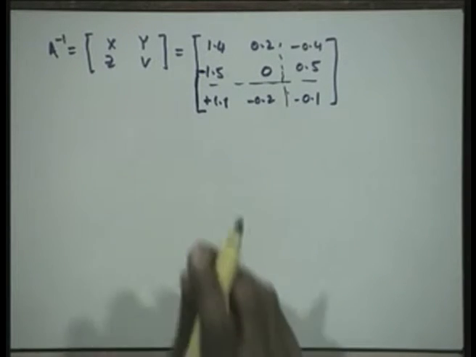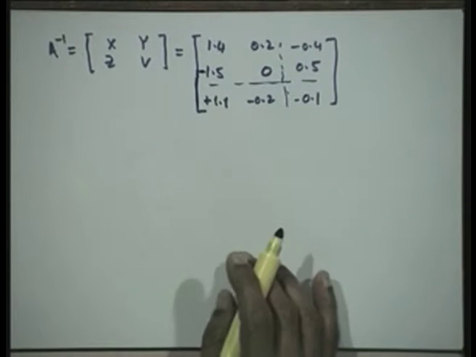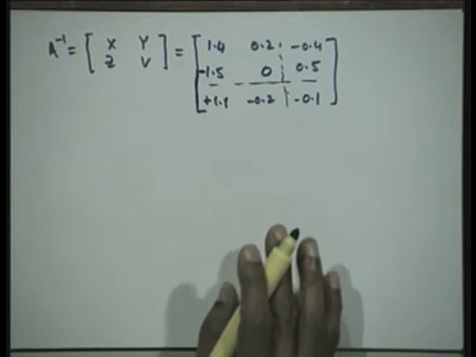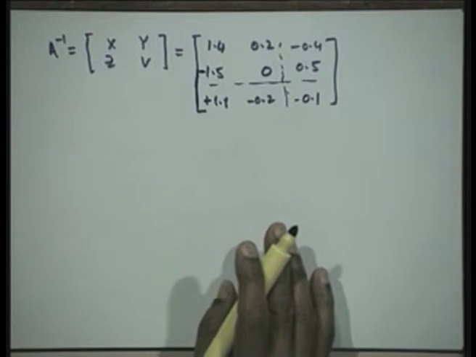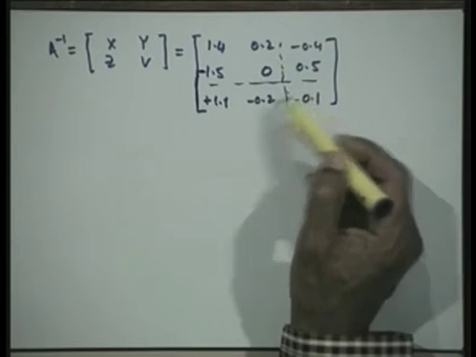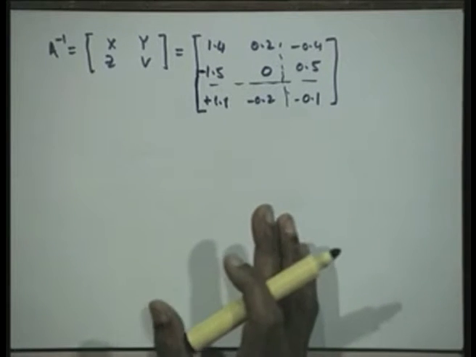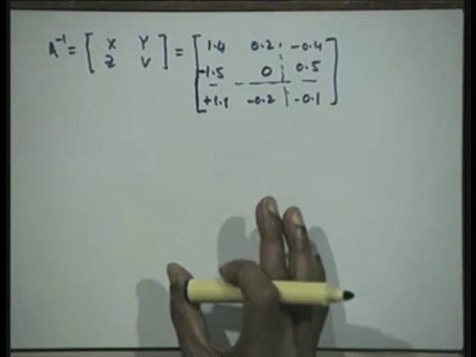So, this is the final inverse of the given matrix, and even though for the hand computation this looks a little lengthy, in actual computation it is much faster, because we are only finding the inverses of 2 matrices of these orders and then the remaining are matrix multiplications. This is how the partition method can be applied, which is a direct method. We can apply it for finding the inverse of a very large system by reducing it to smaller systems.